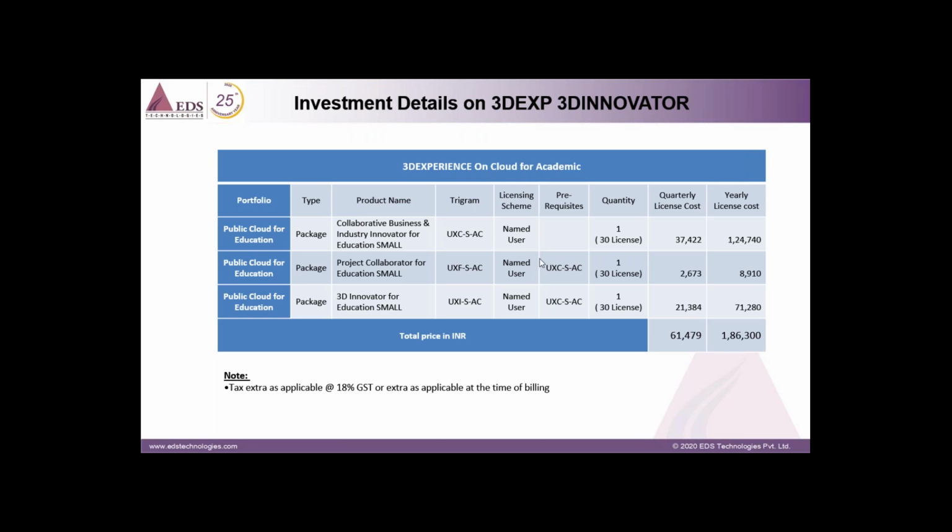This X Designer package pricing is shown in this slide. So for 30 users for 3 months, it's around 61,000, and for yearly it is 1,86,000. So it's an arrangement where, as Lakshminarayana briefed, a student can quickly learn with a simple laptop in the current situation. So this is the package which is available. Yeah, you can go to the next slide.